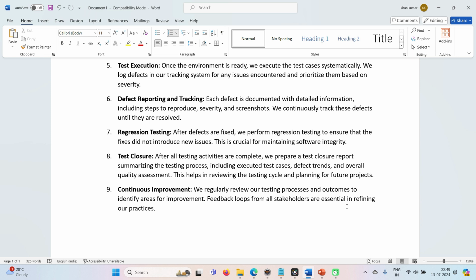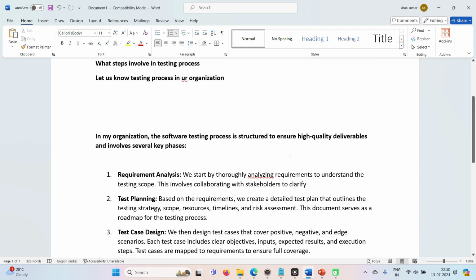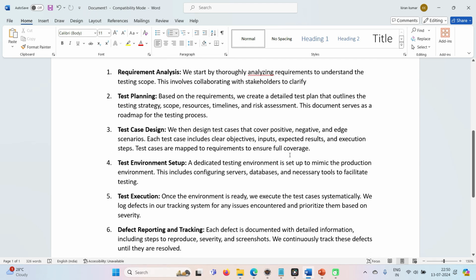Once the test closure report is done, before going to the next sprint or the next set of test cases, we have a meeting where we discuss continuous improvements. So this is the software testing life cycle, and this is the process of testing an application.